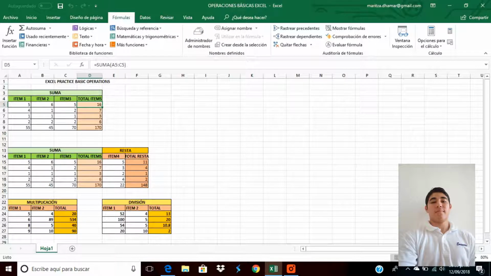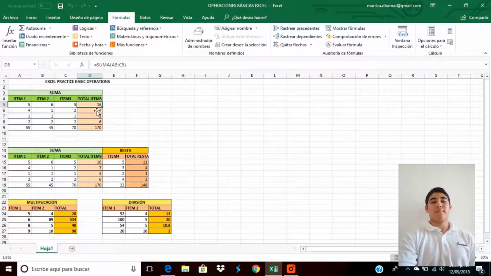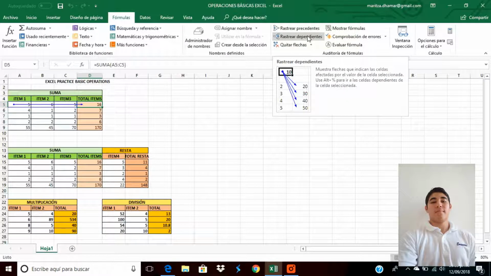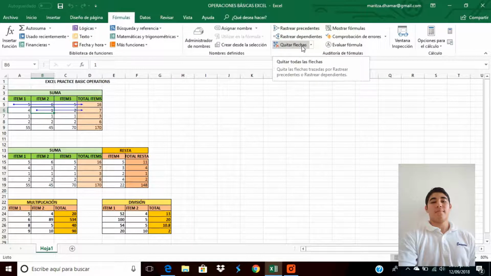In Formula Auditing, we have the option of Trace Precedents that shows you the arrows that indicate the cells that affect the value of the selected cell. For example, we have Trace Dependents that shows you the arrows that indicate the cells affected by the value of the selected cell. For example, we also have Remove Arrows that removes the arrows that were created by Trace Precedents or Trace Dependents. For example,